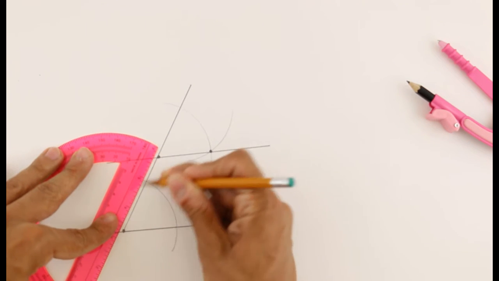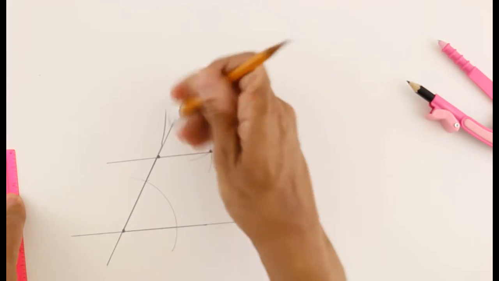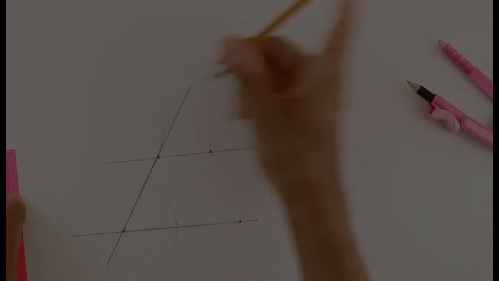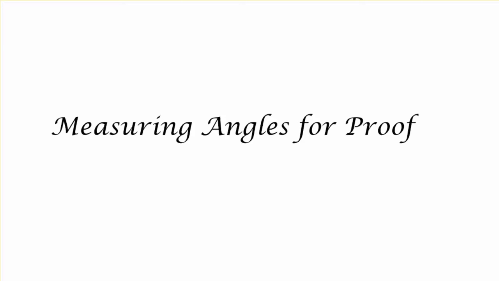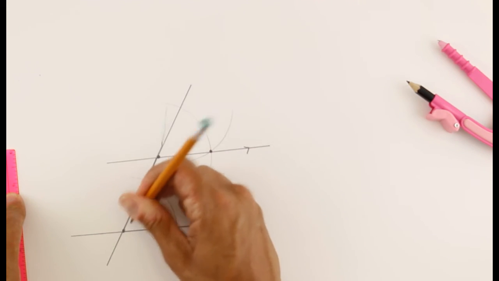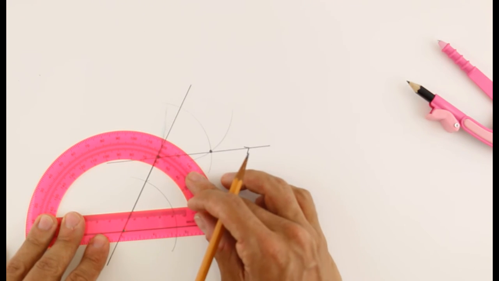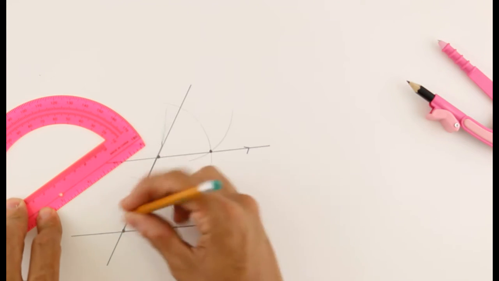So let me extend my lines in all directions, and let me extend this line, which is the side of one of my angles, so that it becomes a transversal. You can simply erase any minor mistakes you make. Now, what it seems like I have is 2 parallel lines and a transversal, but these 2 angles should be congruent. So let's go ahead and use our protractor to measure,